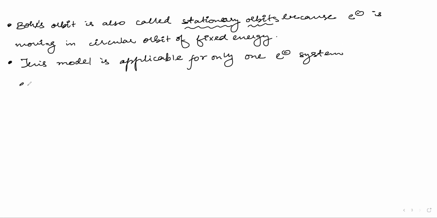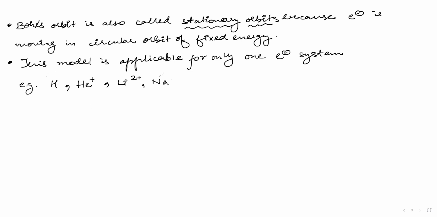What are the examples for one electron system? There is one electron in hydrogen. Now if I add helium positive, it is also a one electron system. If I add lithium 2 positive, it is also having only one electron. We have removed an electron from helium, and we have removed 2 electrons from lithium. You can also write sodium, how many positive,